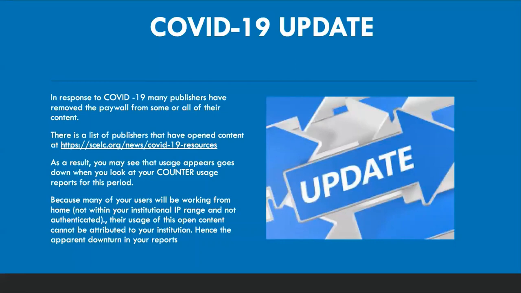And so it will seem potentially like there's a drop-off in some of your usage. So you might want to make some notation of that and consider that when you do your evaluation of your 2020 usage data, because it could seem a little off in comparison to 2019 and previous years.